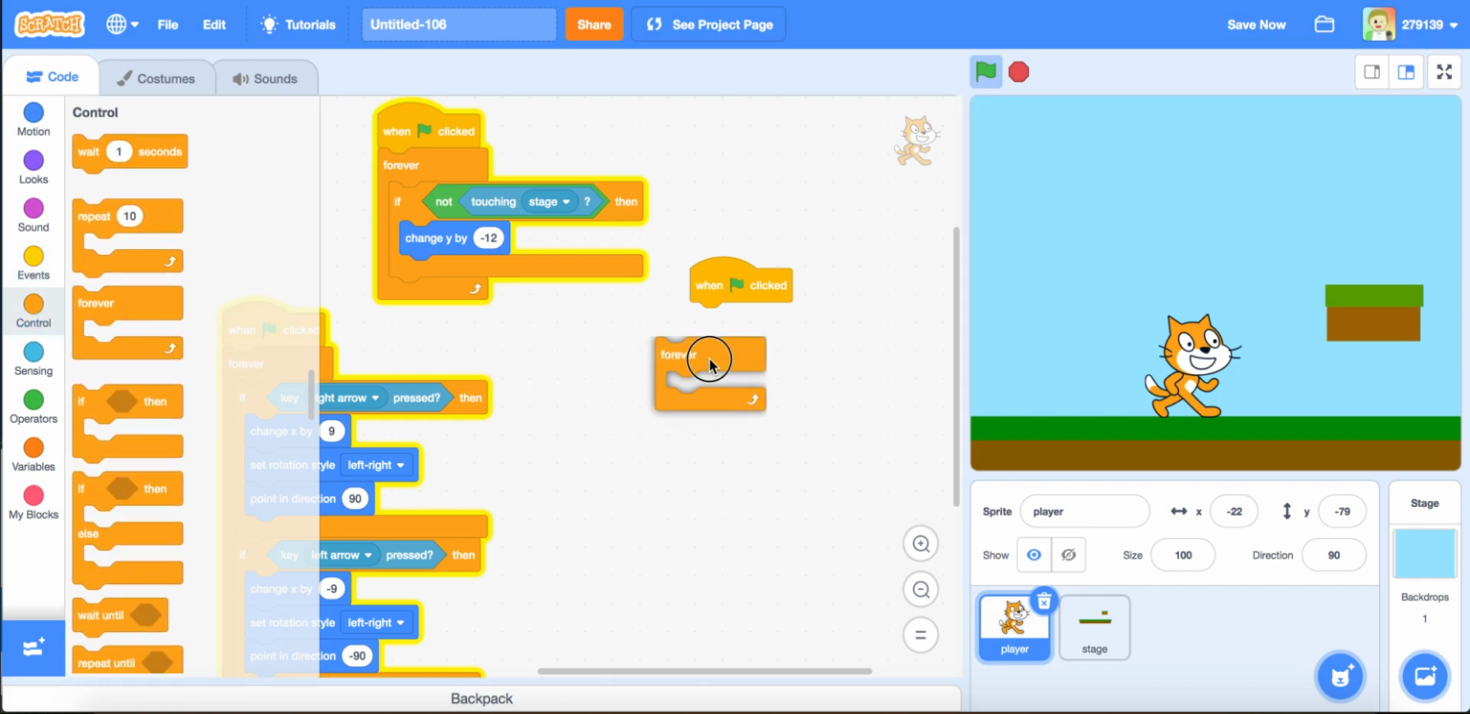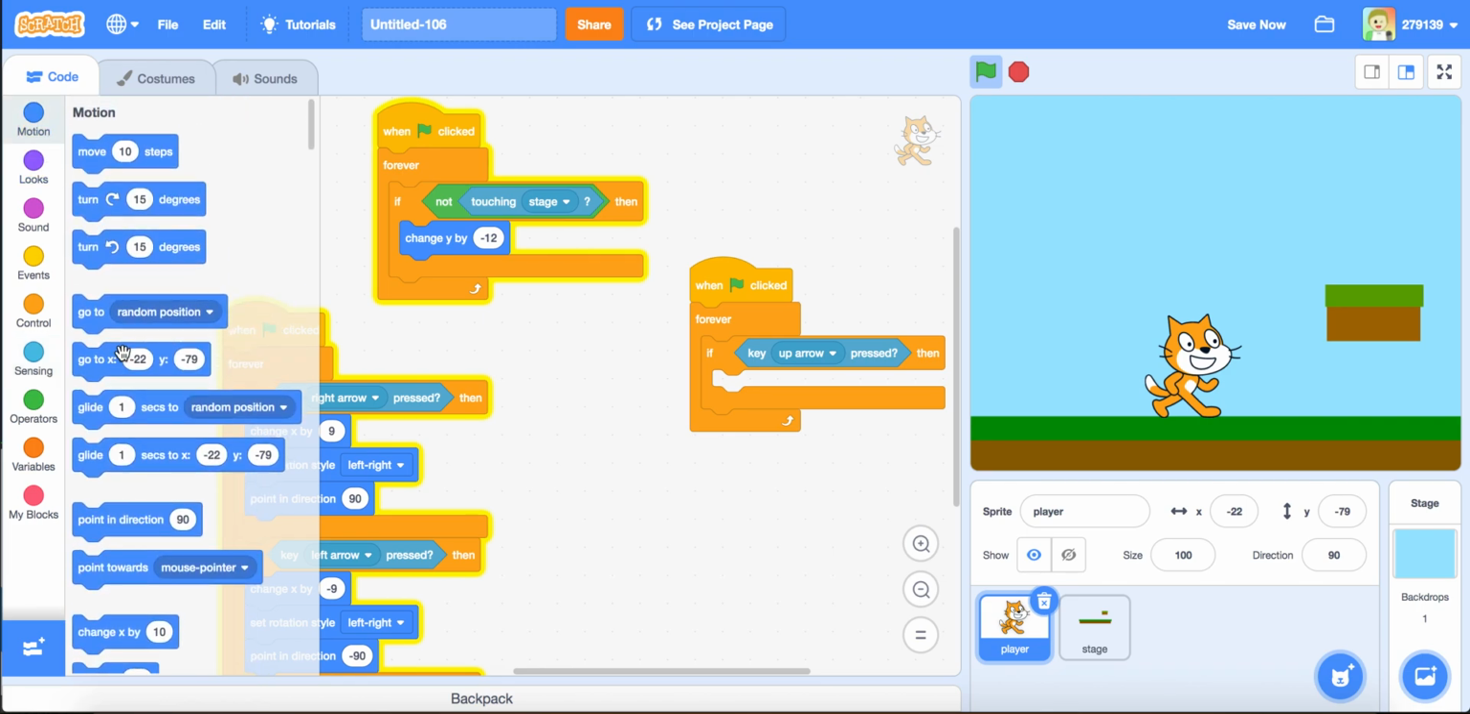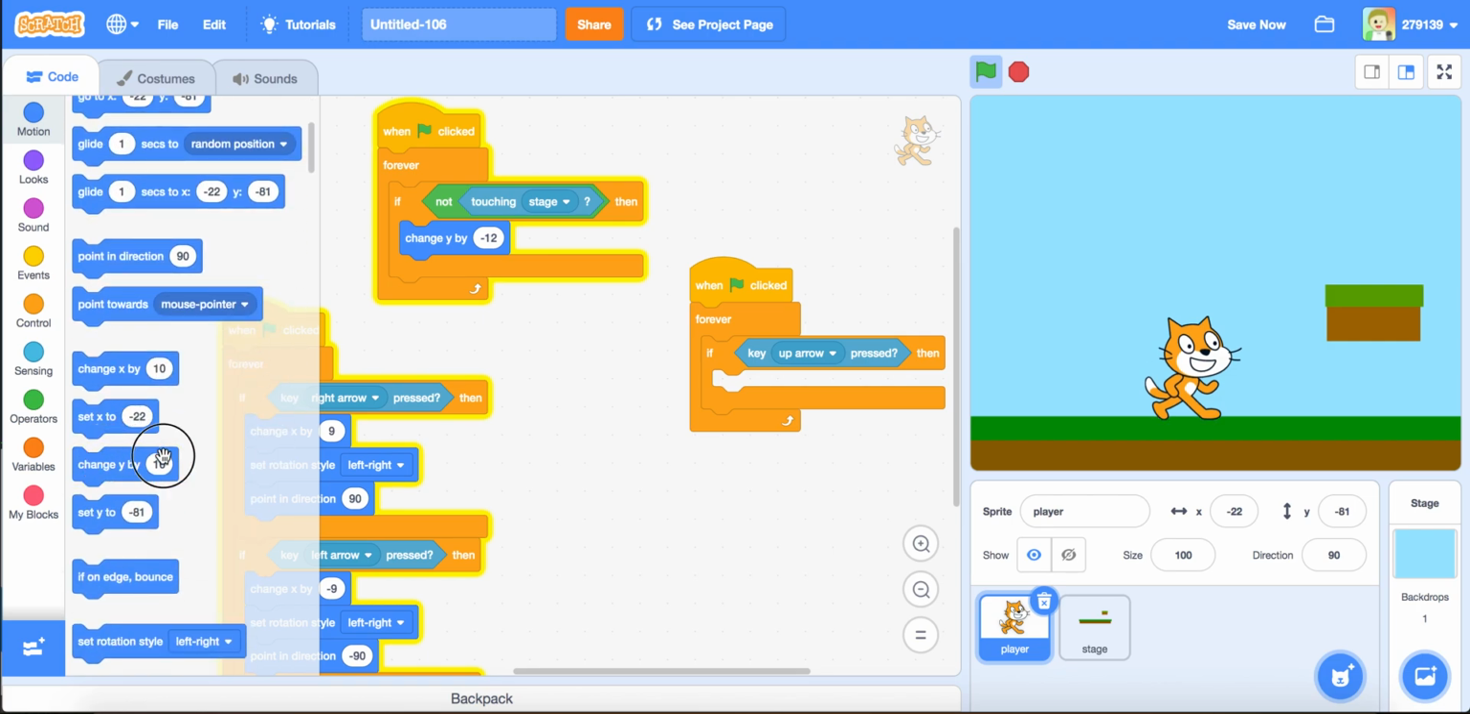So, forever, so it's always happening. And if key, let's do up arrow pressed, so you press up to jump. Now you can change all these keys to something like W, A, S, and D whenever you want. If key up arrow pressed, then you're going to want to, let's do change y by 10. When we do, notice we go right down,